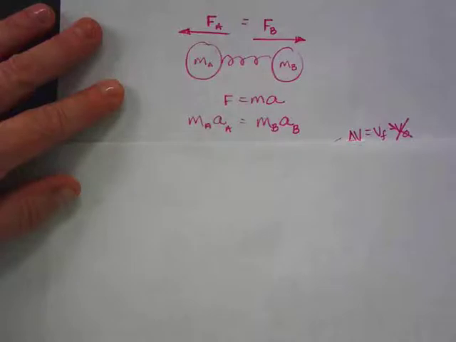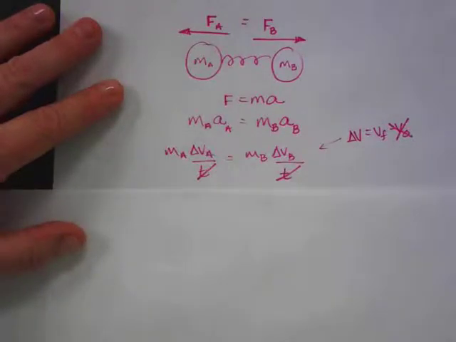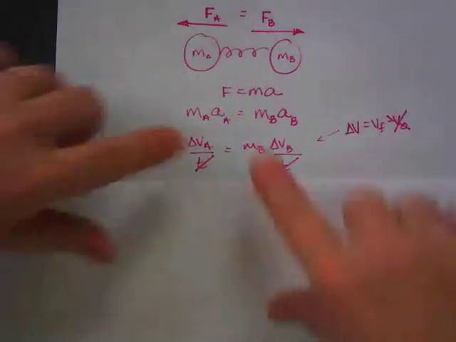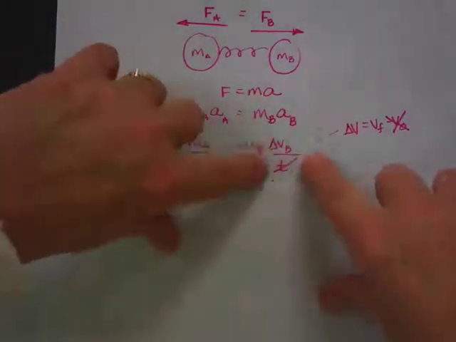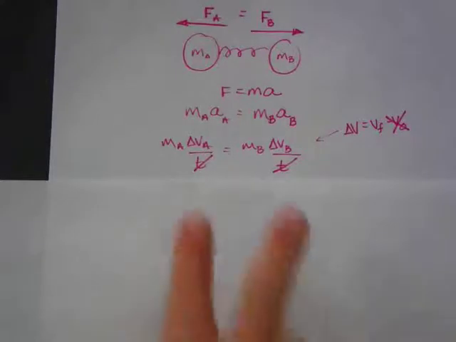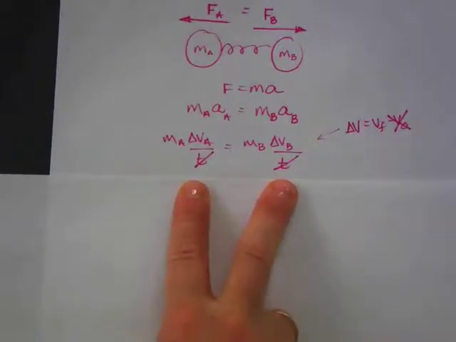Now, we've not really been talking about acceleration so much as we have velocity, because that is a key component of momentum. So, let's substitute this. I'm going to put delta v over t in for acceleration. So I just substituted change in velocity over time right here and right here for each acceleration. How come t gets to cancel? Yeah, the time is the same for both, because that's the amount of contact time the mass is touching the